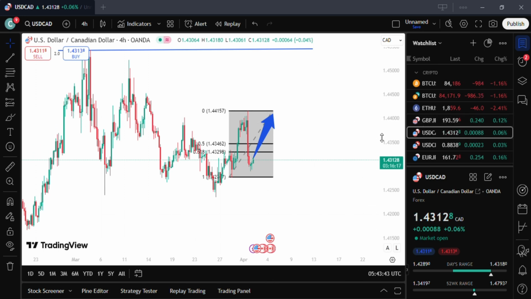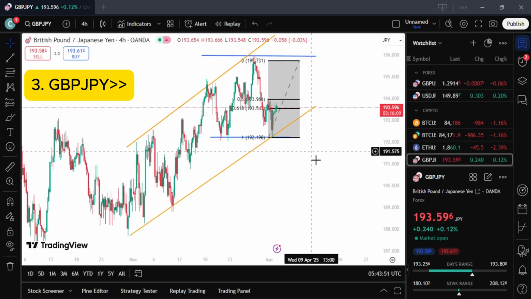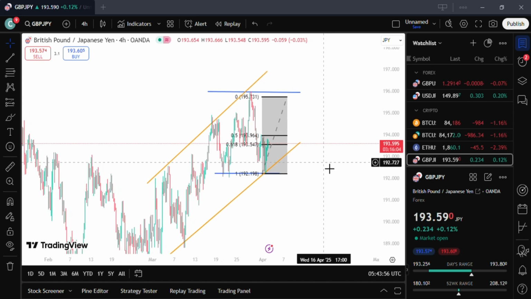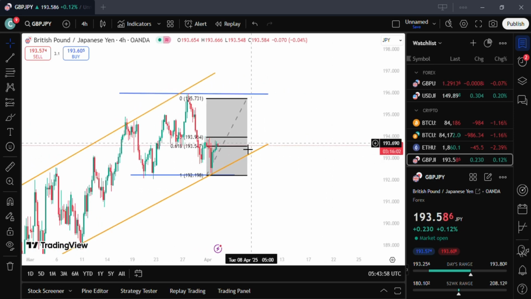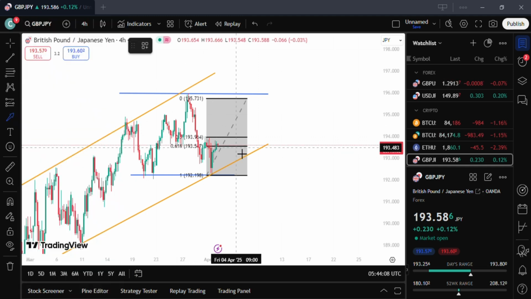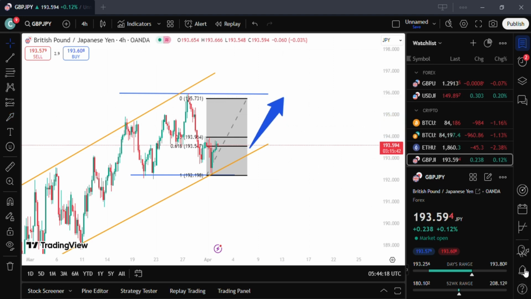Now we will also be looking at GBPJPY here, and you can see the trend is showing a bullish trend, and also our Fibonacci tells us that when price pulls back to this point and then it goes back, then we expect a buy. Expect a buy from that place, and from here I'm expecting a buy to around this point, and then